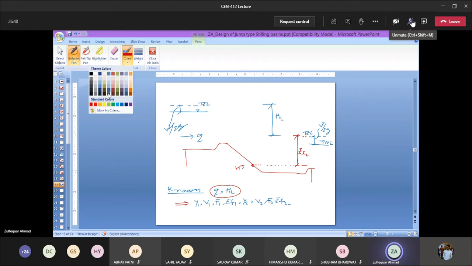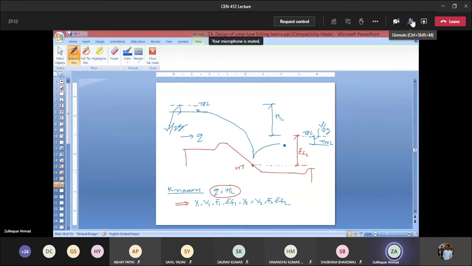If we draw this profile now, it will go like this, and here it is forming, and sorry, that will not go up, because this is joined here. So your hydraulic jump will form here. And then you have here this is Y1, and here you have the F1, and of course the Froude number.